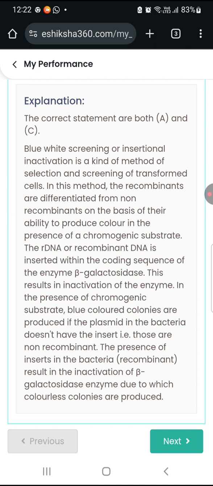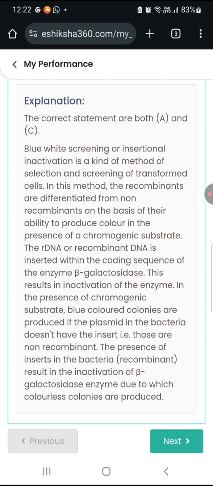Blue colored colonies are produced in the plasmid. The bacteria that don't have the insert, that is, the non-recombinants, produce blue colonies. The presence of inserts in the recombinant bacteria results in the inactivation of the beta-galactosidase enzyme, due to which colorless